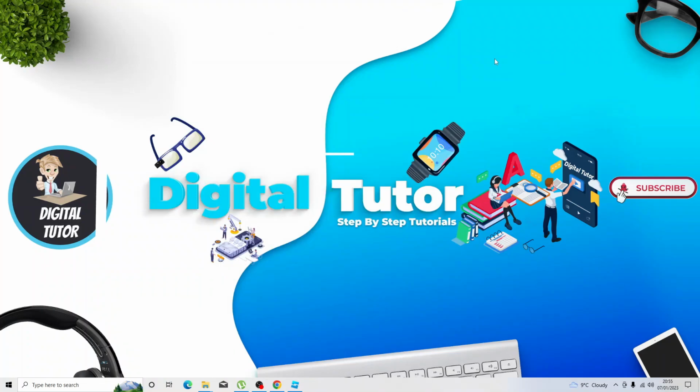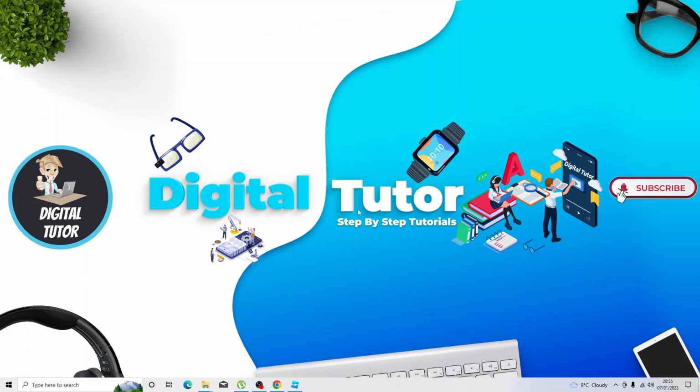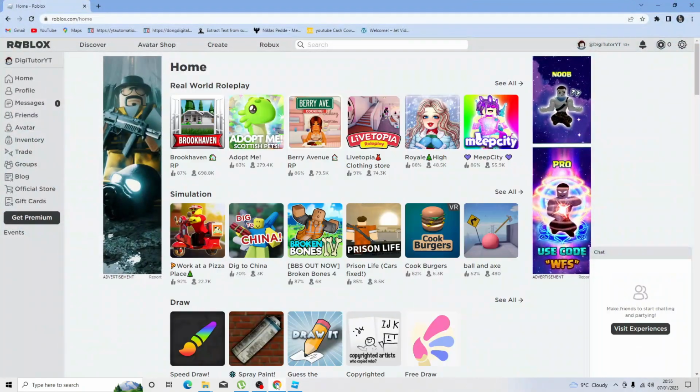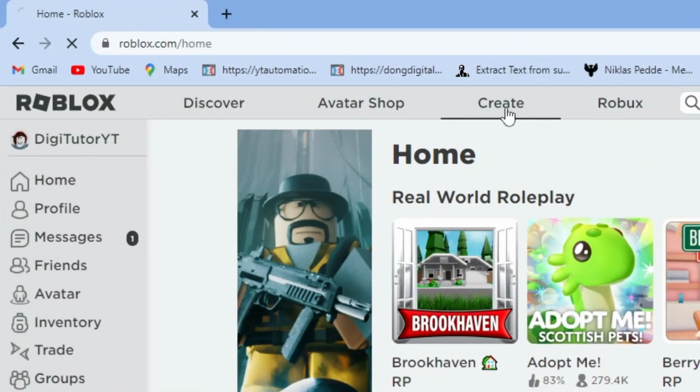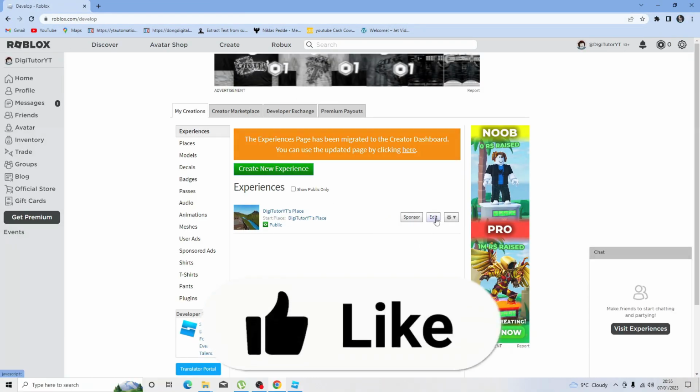In this video, I will show you how to delete a published game on Roblox. So in order to do this, the first thing you're going to want to do is come across to roblox.com, click on create, and then you want to click onto edit next to one of your experiences to load up